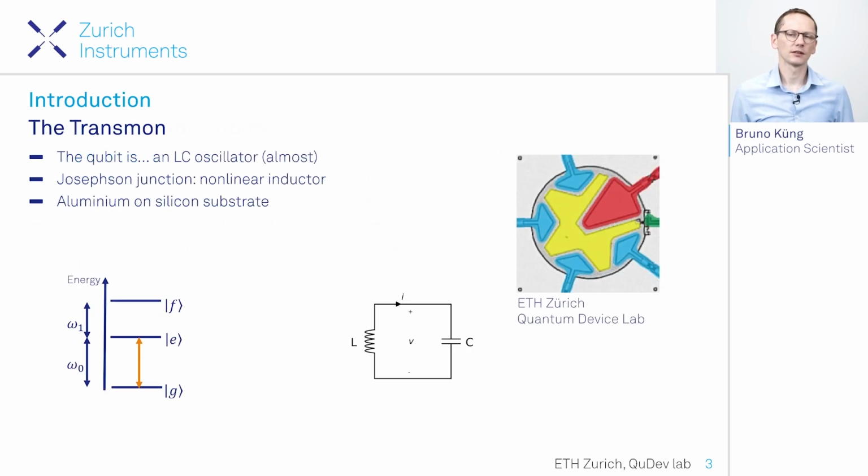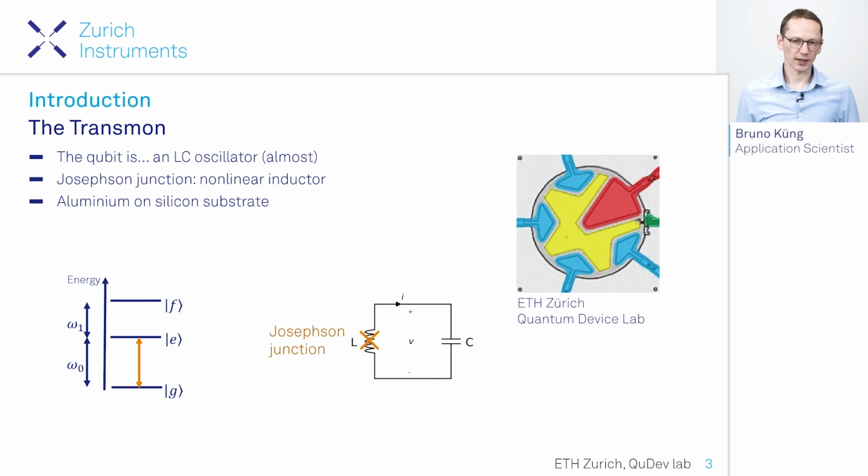So let's start by looking at what the transmon qubit is. Essentially, it is almost an LC oscillator that is fabricated typically using aluminum on silicon substrate. Here on the right-hand side, you see an image of a device from Quantum Device Lab at ETH. It's almost an LC oscillator, but not quite. The inductor in the LC oscillator is replaced by a Josephson junction, which behaves as a very nonlinear